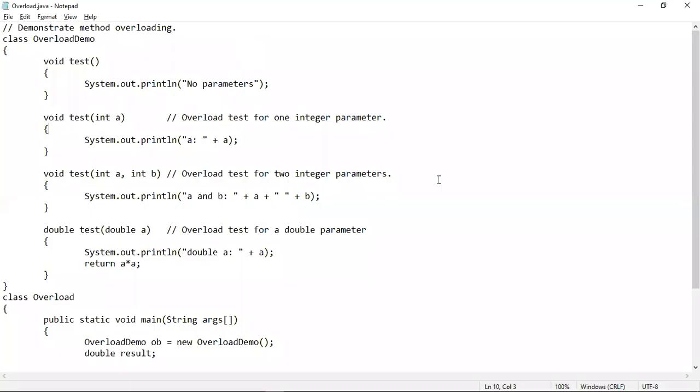So this is how the polymorphism concept is implemented in Java using method overloading. As polymorphism says, one thing can have many forms. Here you can see that one thing, which is the method, can have many forms. Here it has one form, here another form, here another, and here another form. So only one thing, the test method, has four forms, and in the four situations it is giving four different outputs. So this is how polymorphism is implemented in Java using method overloading.